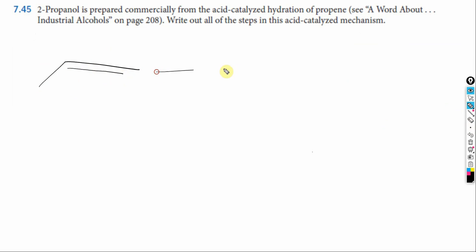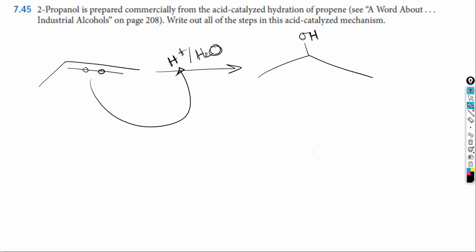So that is propene, and converting it to propanol means that you're going to have 2-propanol, not just propanol. This can be performed in the presence of acid catalyst, and water as the nucleophile. So when you have a small amount of acid, the acid is going to attack the alkene bond. That's what we have seen. When you take an alkene, add HCl, the H plus from the acid just goes after the double bond, and the alkene is going to donate electrons to the hydrogen, or actually the proton I should say,